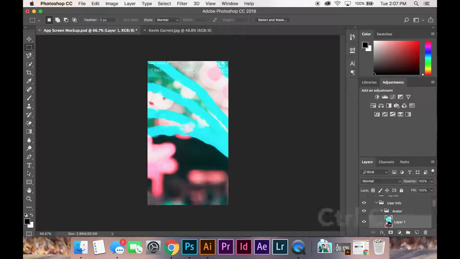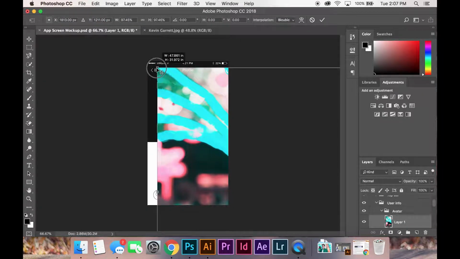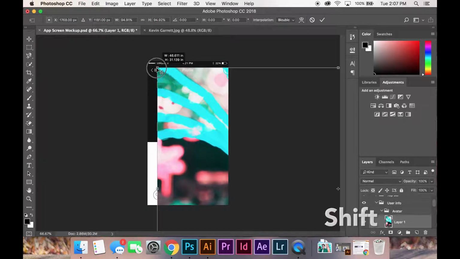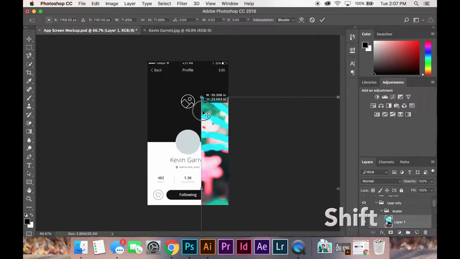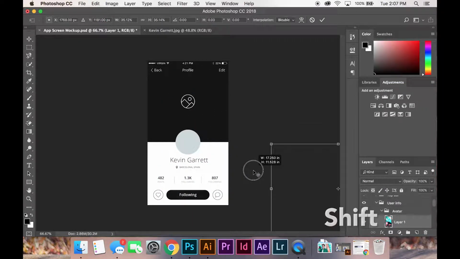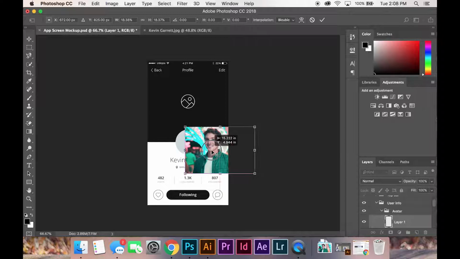Command C on Mac or Control C on Windows, and then Command or Control V here, and it's going to be a large picture. So we need to resize this down, and the quickest way to do that is to go into Transform. We're going to grab the top left corner and hold Shift, drag in, and we can also hold Alt, and Alt will drag in from all corners,